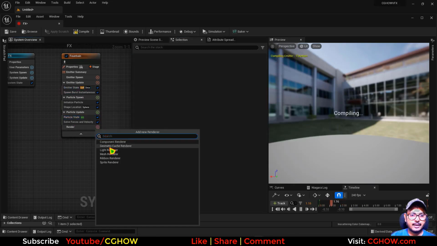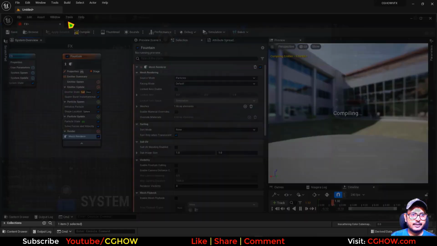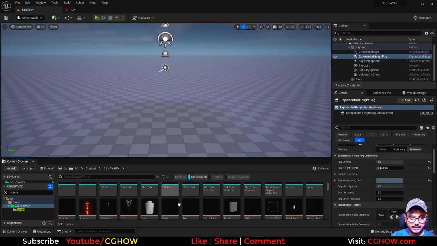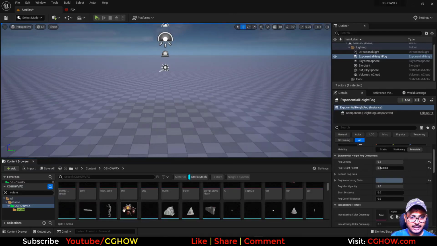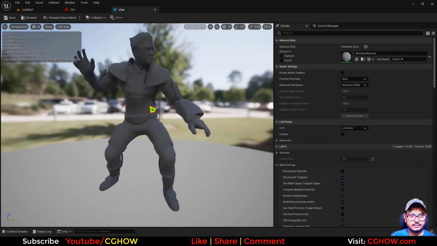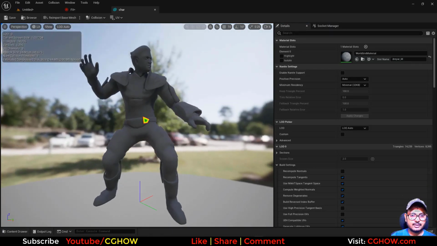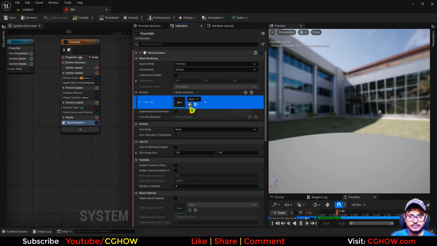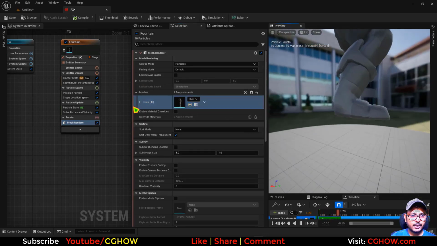Instead of sprite, I'll take the mesh, and in the mesh, I'll just search static mesh. You can take anything like this character. Let me check the, yeah. So pivot is here, but if it is in center, you can change that in the Niagara. So I'll just use that mesh here. Okay, and it's quite big, so